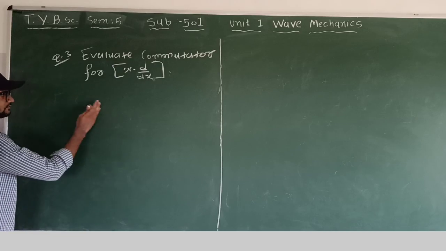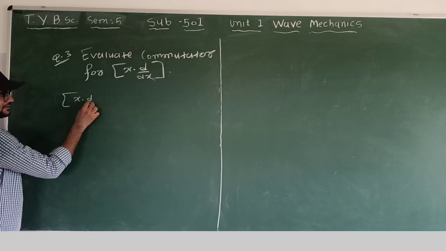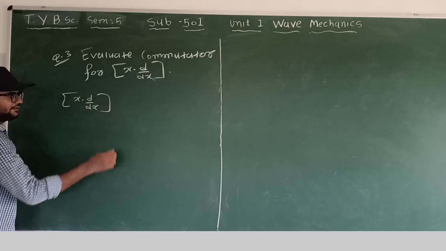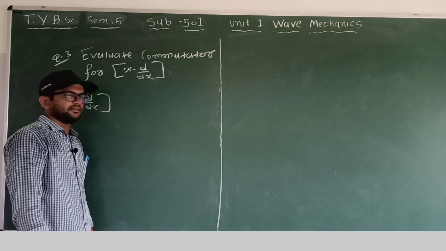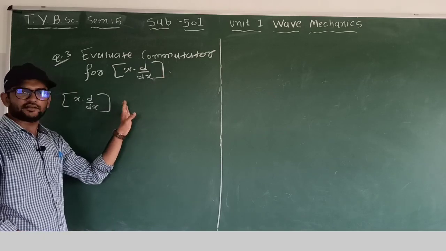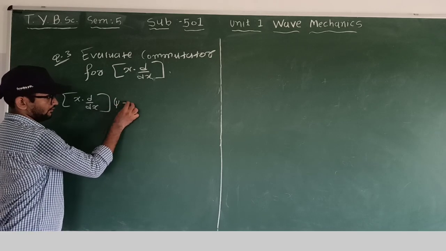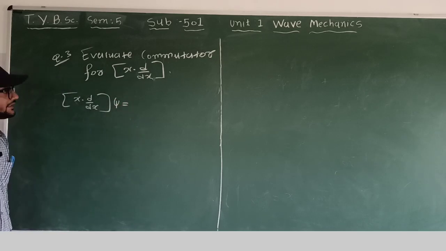So for x into d by dx, the function is not given. At that time we will consider the function to be psi. Now for the commutator operator,